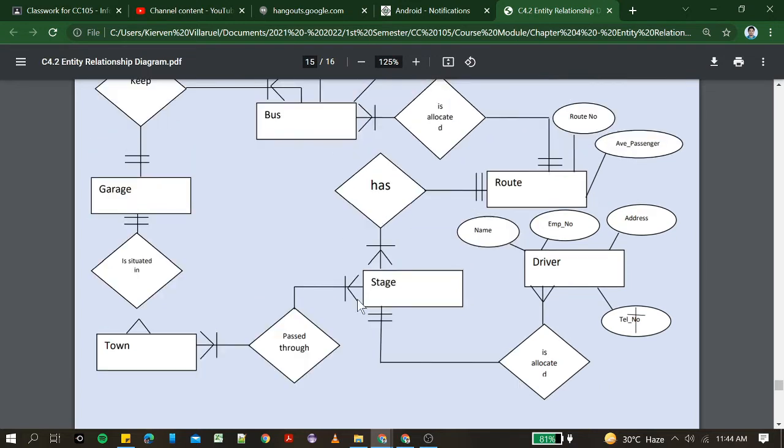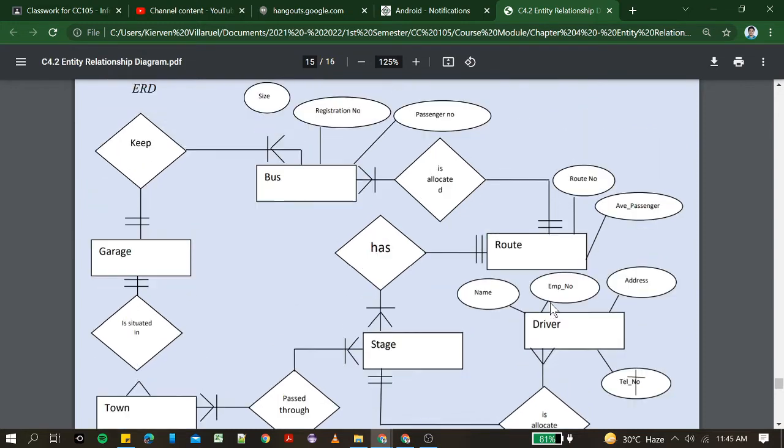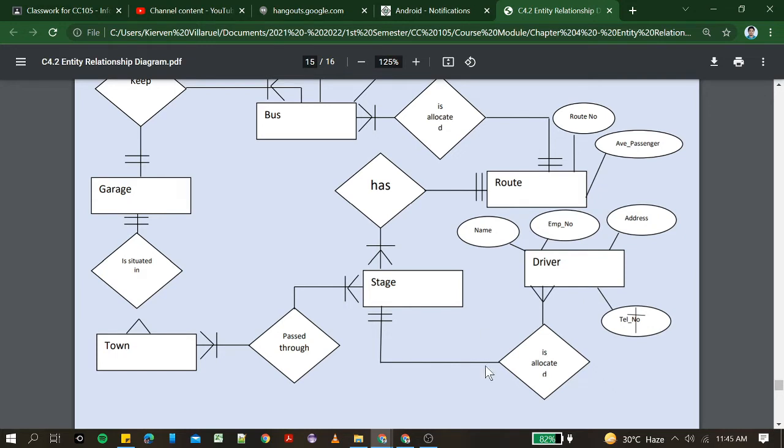Then, a stage, one or more stage can pass through one or more towns. Diba sa stage, maaaring madaanan ng isang bus ay higit sa isa, isa o higit pang mga towns. Ito ata ay para dito. Naligaw din siya. Tapos meron isang guhit pa. Kulang to ng isang guhit. Nagtatago siya. Saan napunta yun? Then, a town,